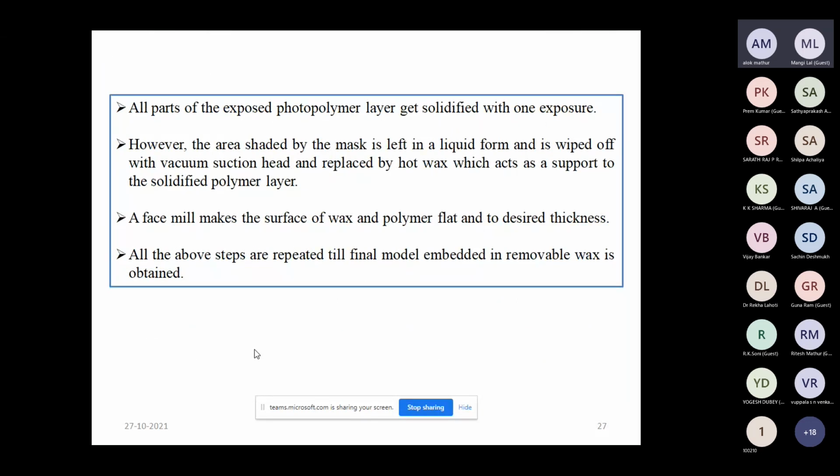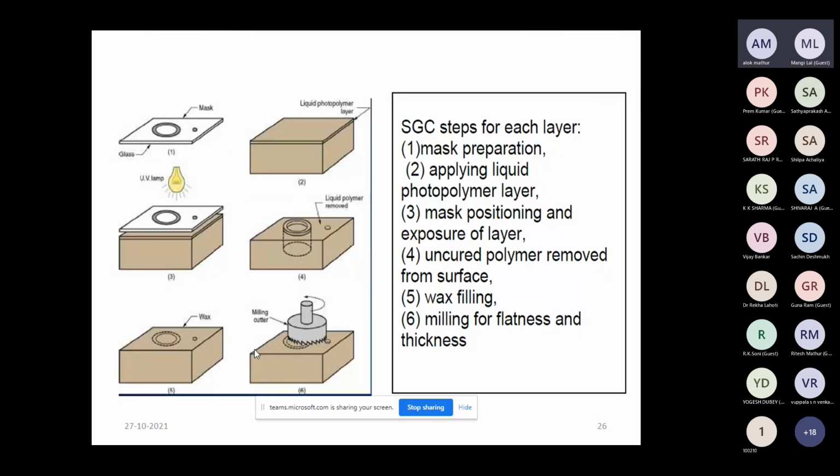So what is the advantage of this process? The advantage is that we can generate the whole layer in one exposure of the UV lamp through the mask.